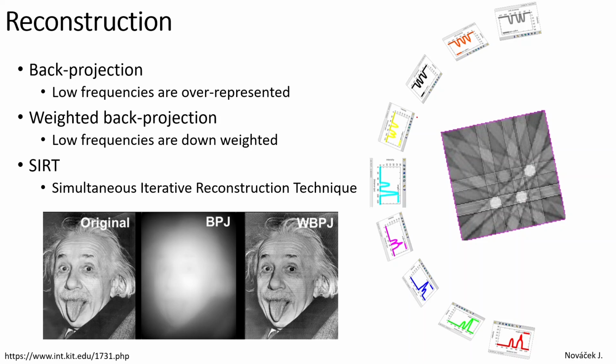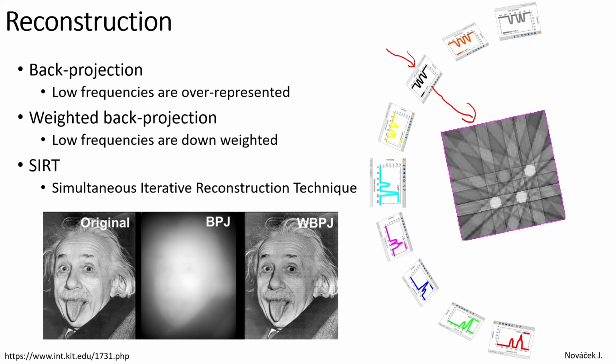If we align all these 1D profiles at the angle at which the projection was done, and make a back projection of these profiles into a 2D image, we will get intensities of the original 3 dots at the correct places,